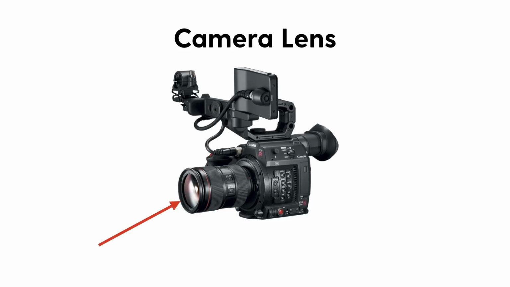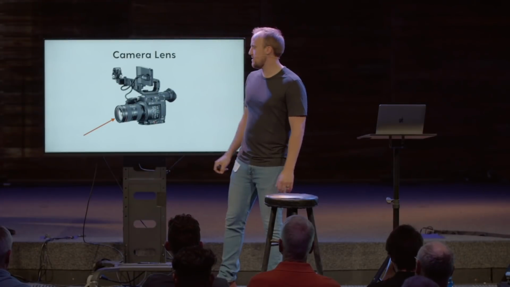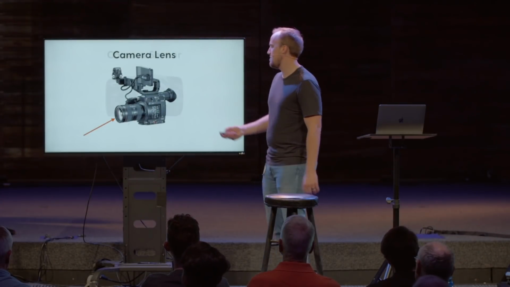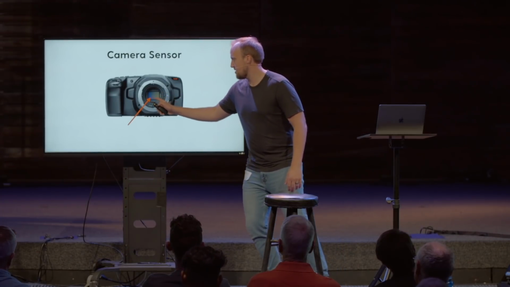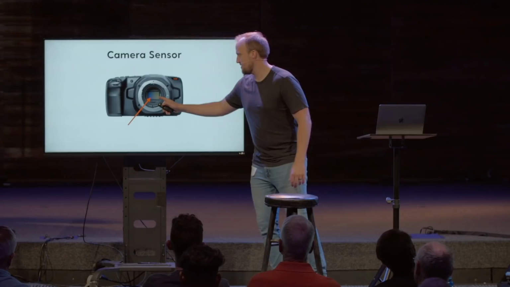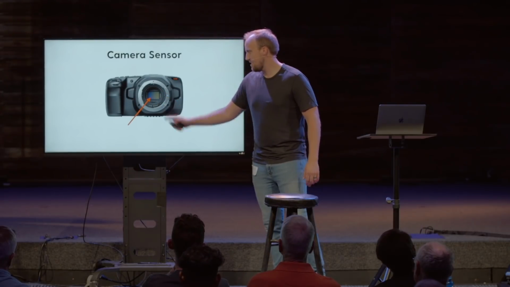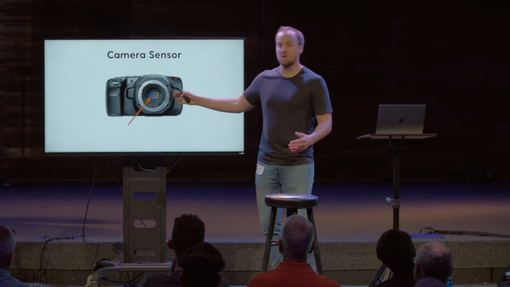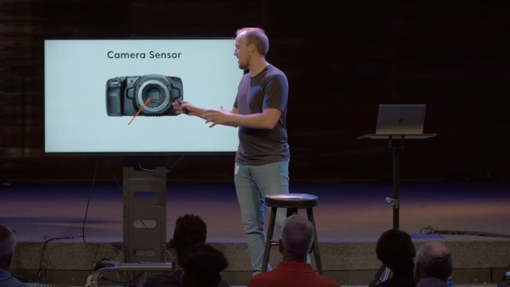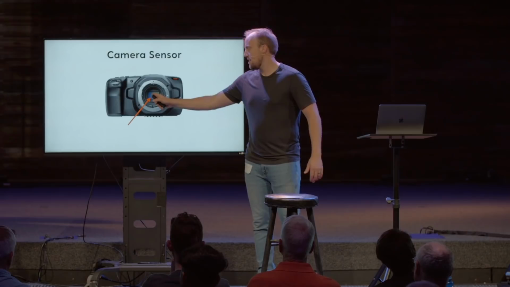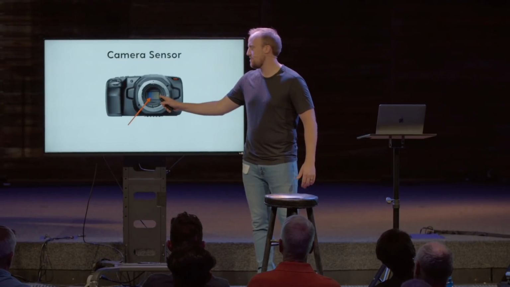All the light comes into the lens. It hits the sensor on the body. It gets processed, and that's what we end up seeing as the image. So there's the sensor, and this is a very important piece of the camera. When you're buying a camera, at least when it comes to the camera body, because you can buy different bodies, different lenses, I want you to focus on this thing, especially for a broadcast environment,